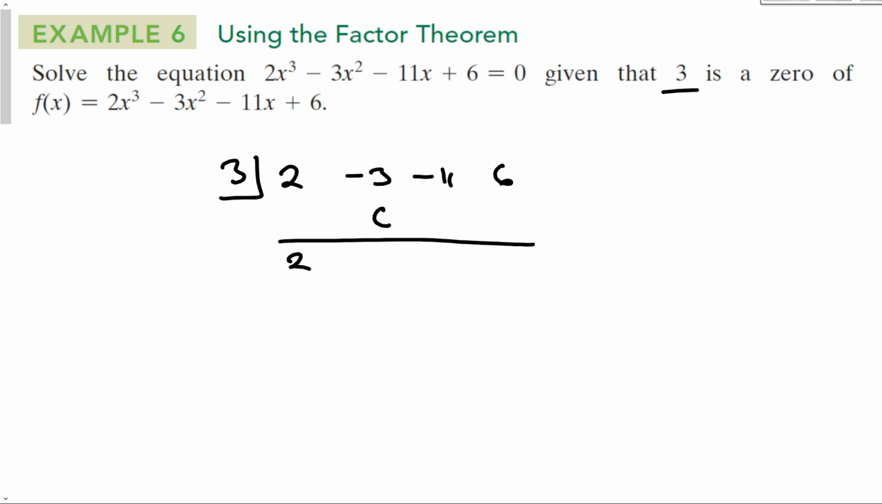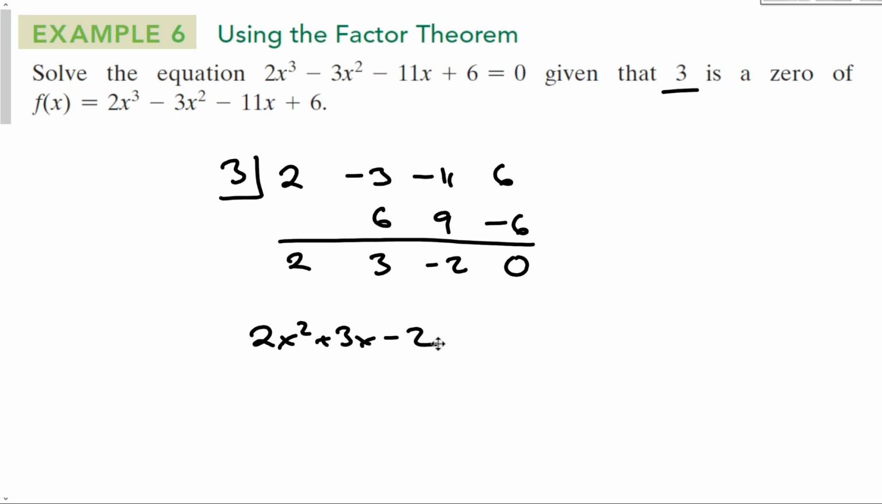Bring down the 2, multiply, add, multiply, add, multiply, add, and it is a 0. That's nice that they didn't lie to us. Okay, so the resulting equation is 2x squared plus 3x minus 2,